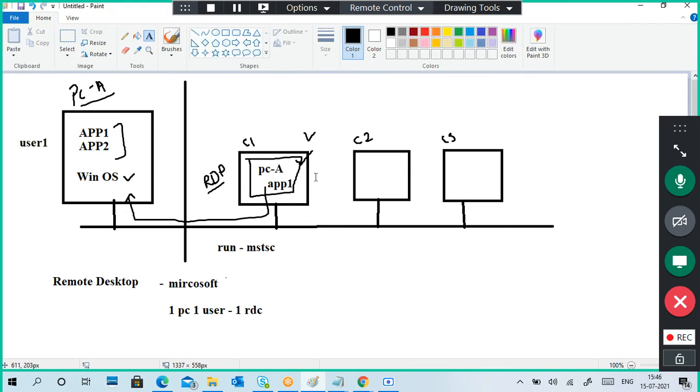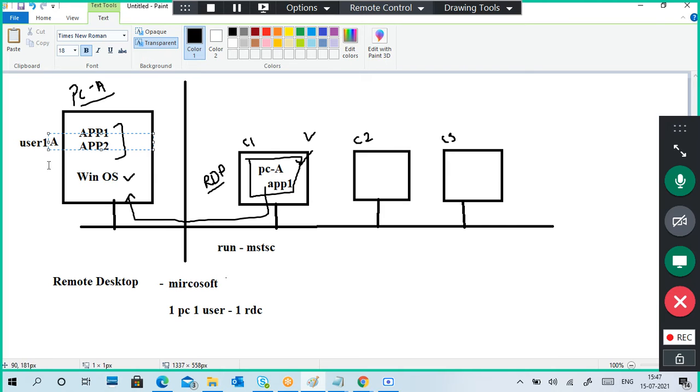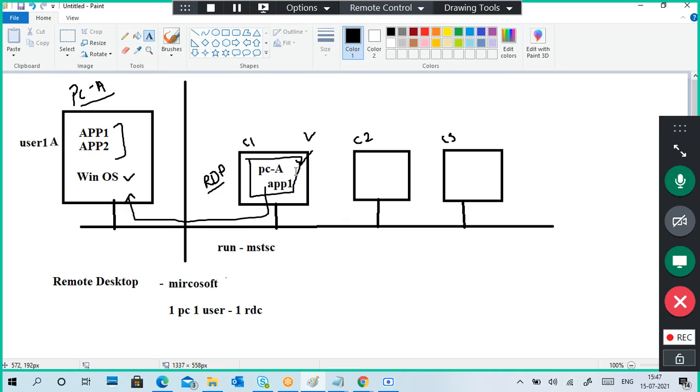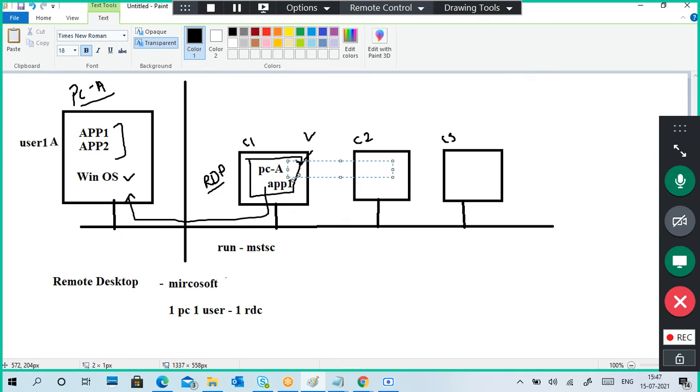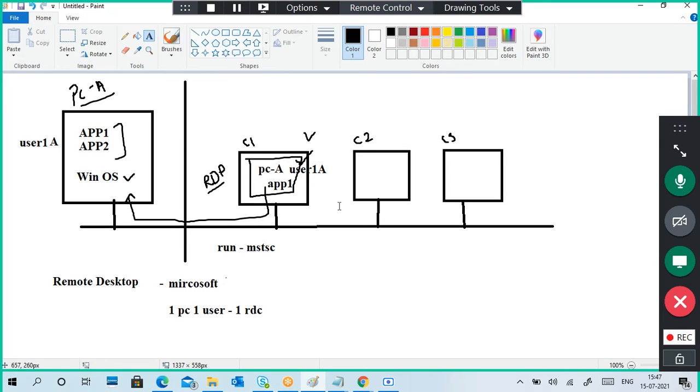I log in from C1 in this remote desktop with the username user1a.